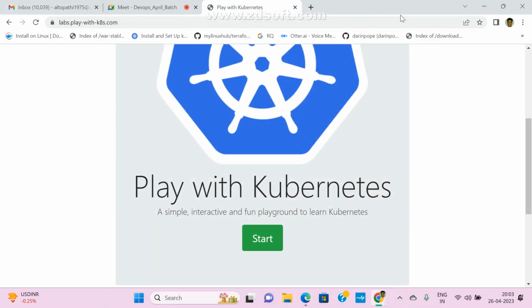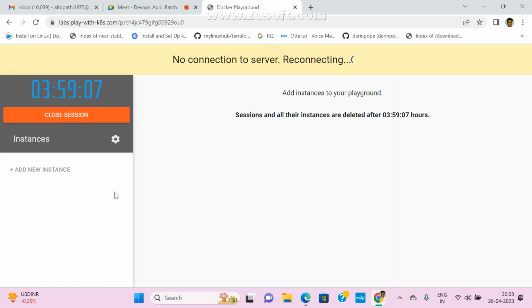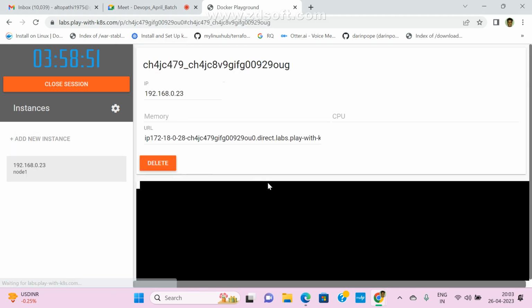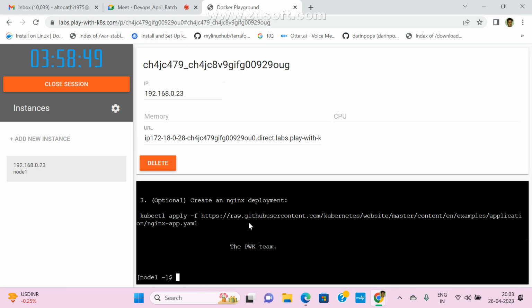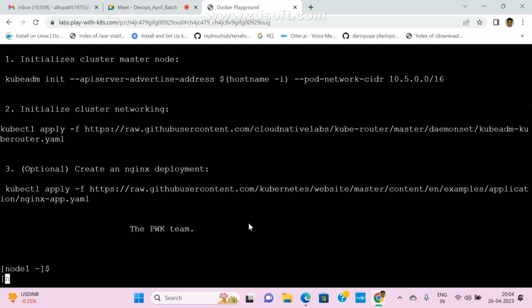Now I hope you got some idea of what the grep command is and how to search a string in a particular file. If you want to count, use hyphen c; for line numbers, hyphen n. There are many arguments we can pass. Anyone any doubt about yesterday's class? Clear?